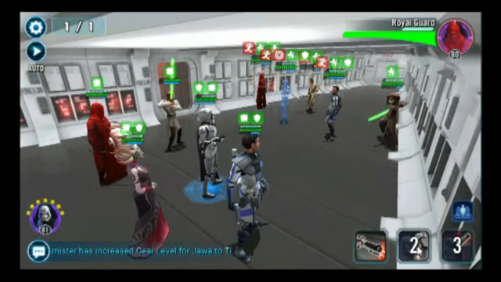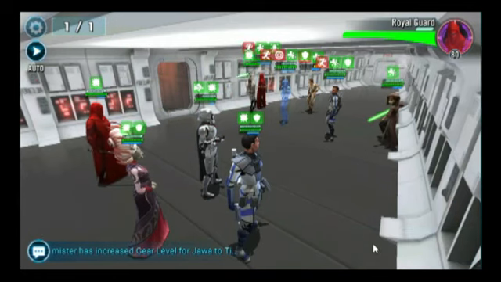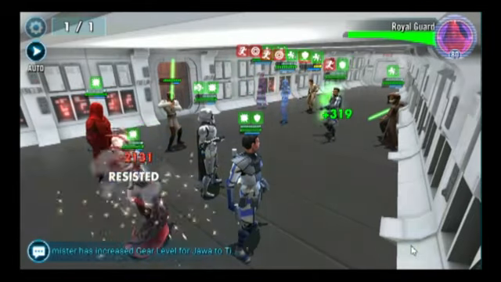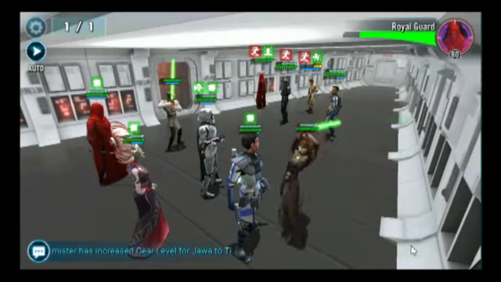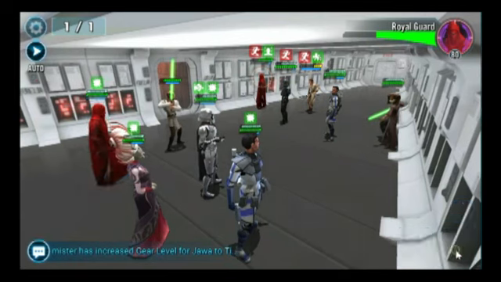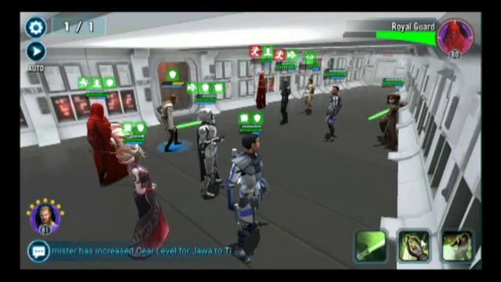Let's just keep working with what we have here, and hopefully we can get some nice double attacks. If not, it'll be all good. Let's see what we can stun. Alright. Right now we got Rey coming up, and this is what I don't want. So I'm going to go ahead and defense up my teams. Ooh, that hurts. Alright. And now let's try to take out...